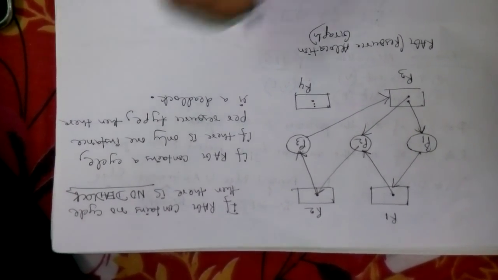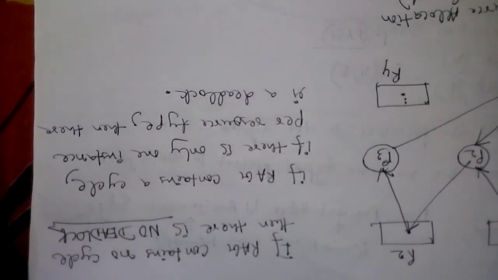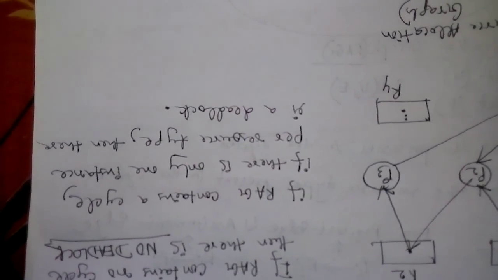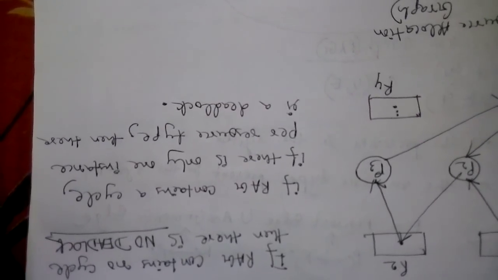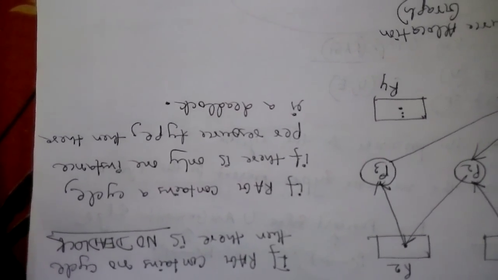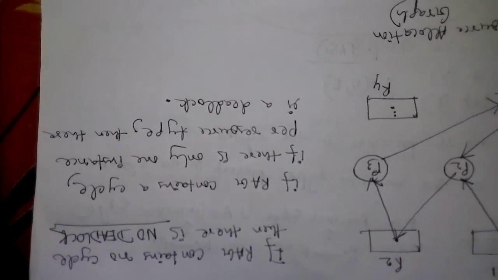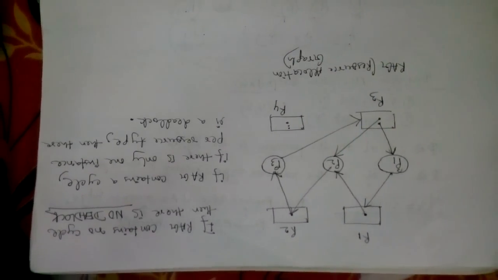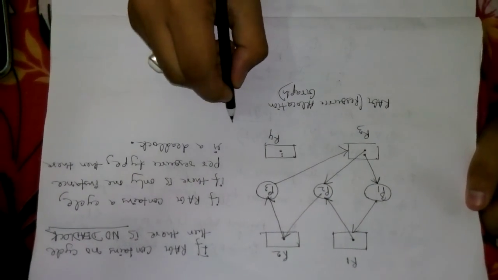So if for every resource type we are basically having only one instance, and considering this scenario, if our resource allocation graph basically contains a cycle, then there has to be a deadlock scenario. Okay, now if